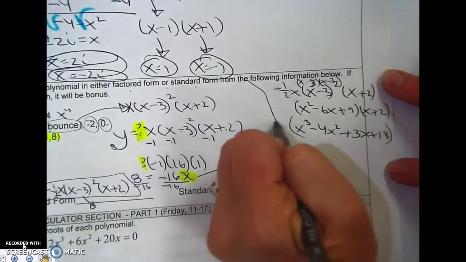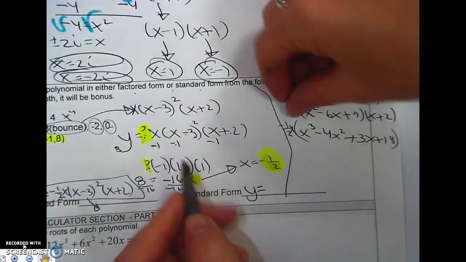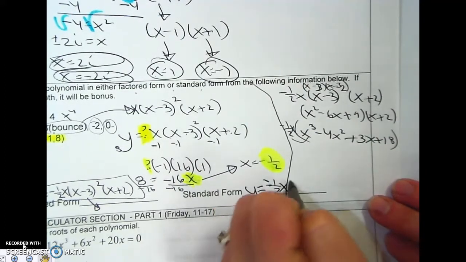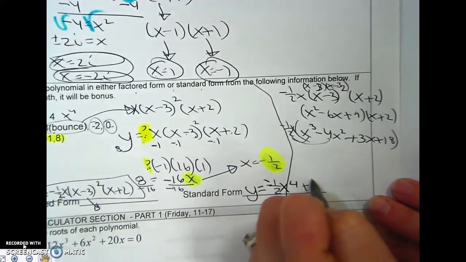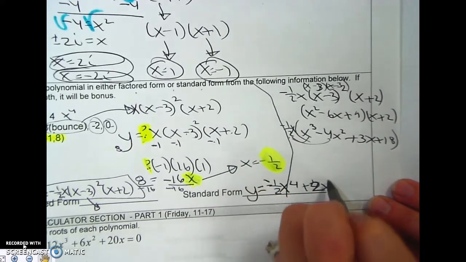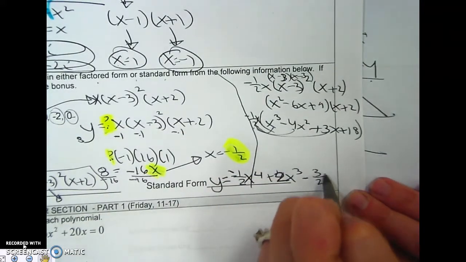Then you multiply that by -1/2 x, and you get y equals, distribute, -1/2 x to the 4th plus 2, because half of 4 is 2, 2x cubed minus 3/2 x squared